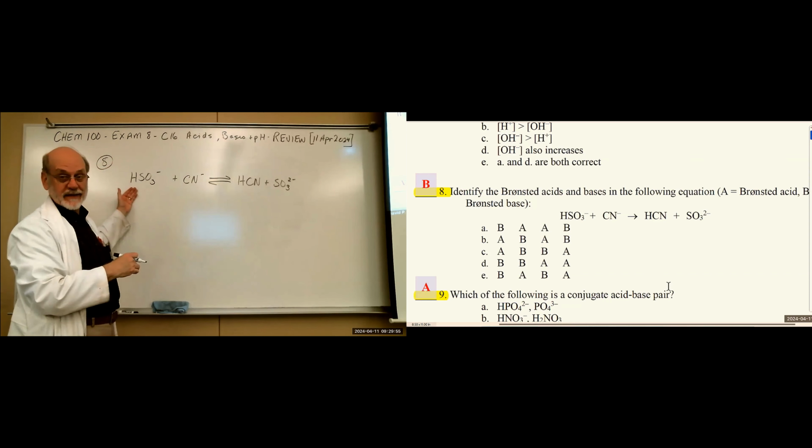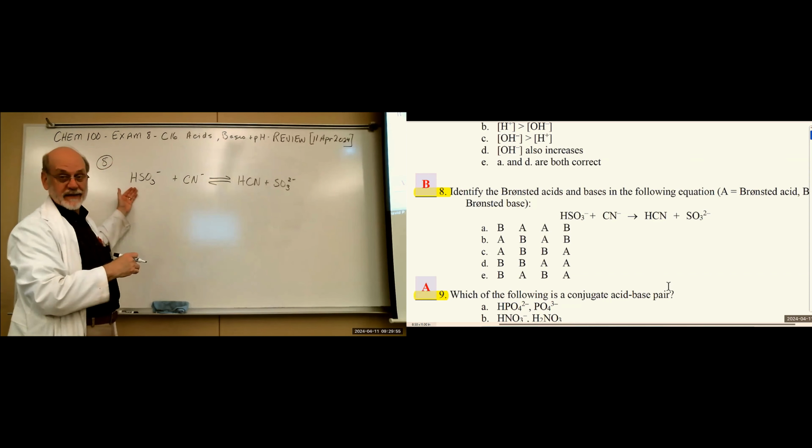In addition, not only are these two parts the same, you can only lose one hydrogen at a time. So if we say, for the first one, HPO4 2 minus, and they're telling us PO4 3 minus